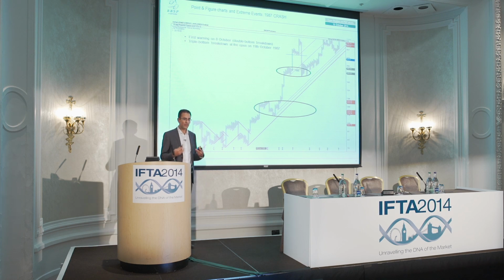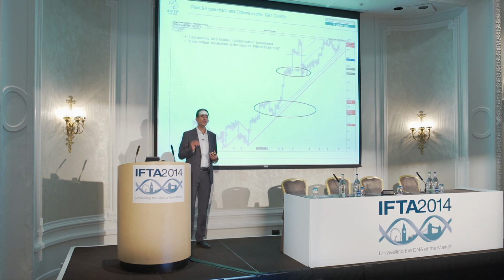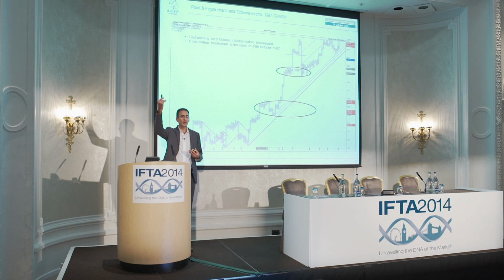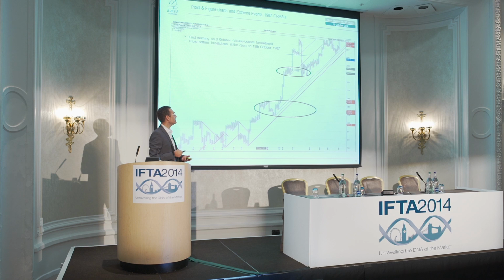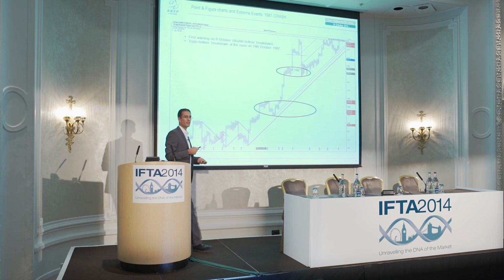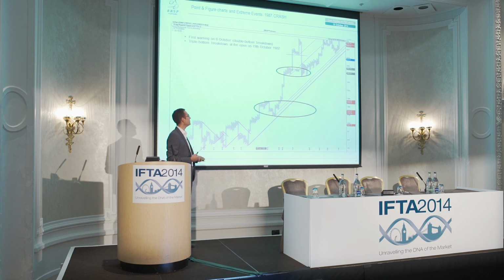So the answer, at first: can we have avoided the stock market crash in 1987 with point and figure charts? The answer is yes, because we had the first warning here, and in the morning of the stock market crash, you know you shouldn't buy this market. The market is opening sharply down, but with this chart, you know it's not a market to buy. What is quite interesting, since we saw a market profile presentation this morning, is that point and figure can also help to identify congestion areas quite easily.